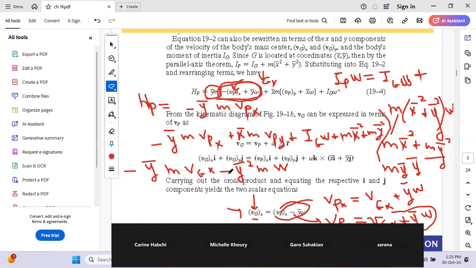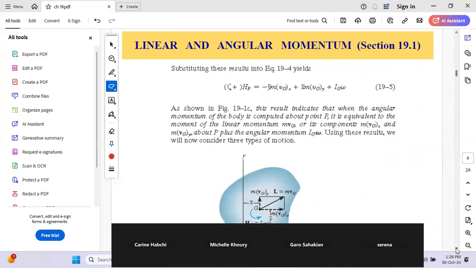These two terms will cancel out. The same will apply for the term m x bar square omega. You will have from the other side minus m x bar square omega. They will cancel out. So you will end up with a simplified form, okay, which is minus y bar m VGX